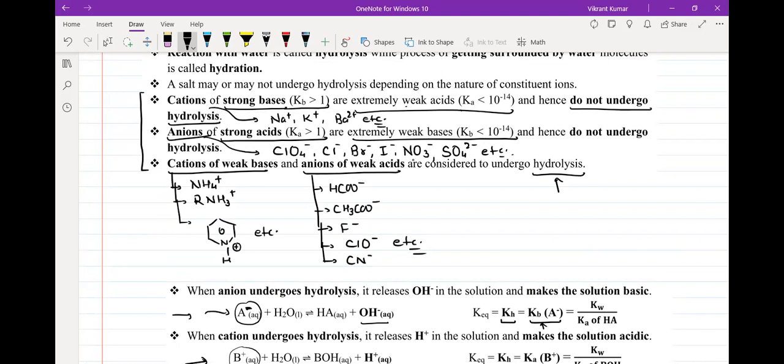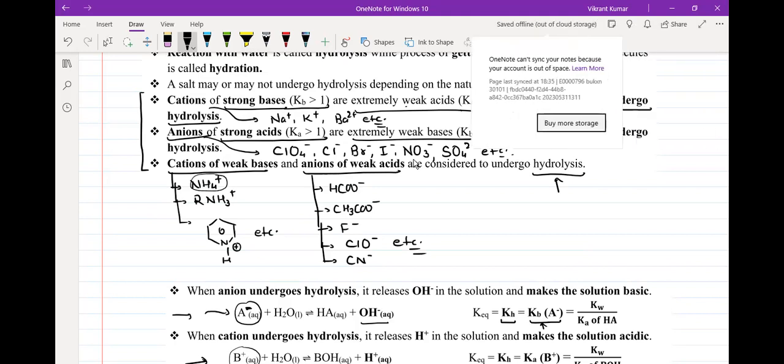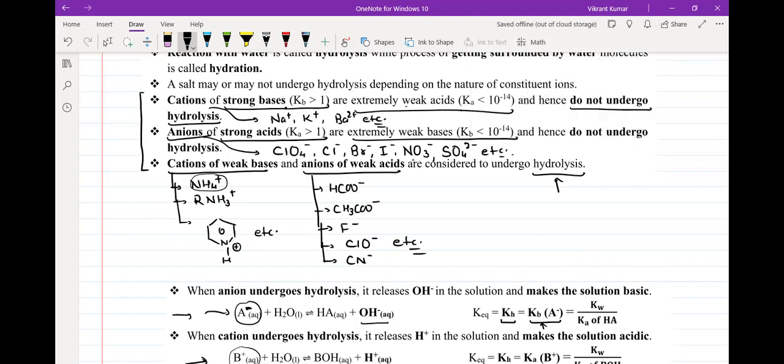weak base के cation की hydrolysis will be considered, and I have given you the list, है ना? जैसे NH3 is weak base तो NH4 plus की hydrolysis को consider करना है। हाँ। ठीक है? वैसा ही HCOOH was weak acid तो HCOO minus की hydrolysis को consider करना है। ठीक है? सिंपल। क्योंकि वो weak है और वो equilibrium establish करता है। Strong मत बोल देना आप।